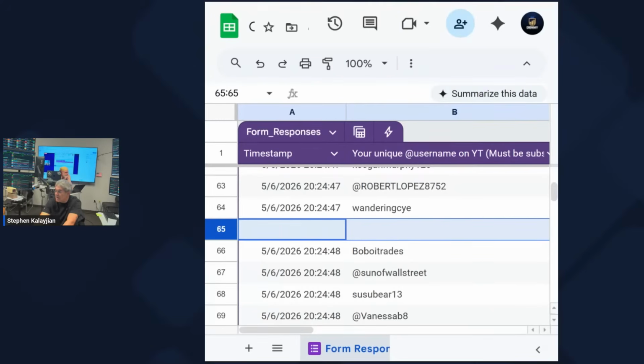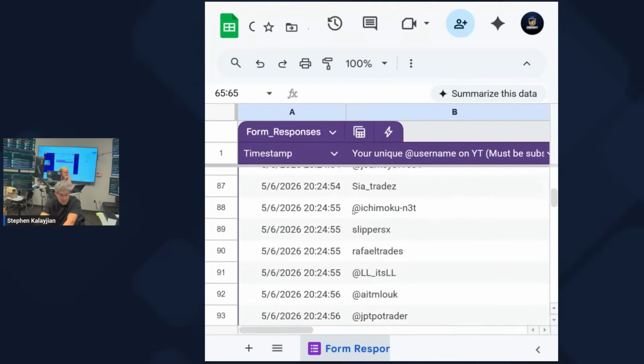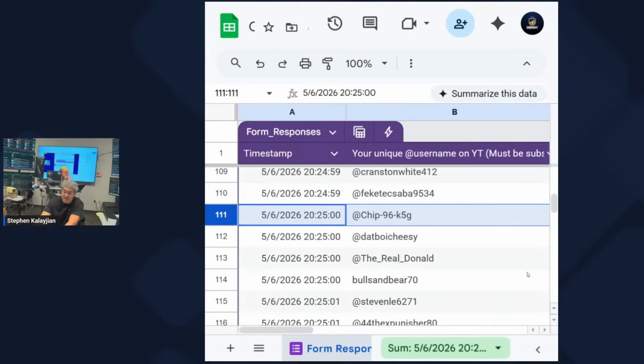Let's do 111. That is chip 96K5G. That's 7. See, the goal was a short up there, just dropped 3. Oh, he's here? Okay, that's 7. Okay, number